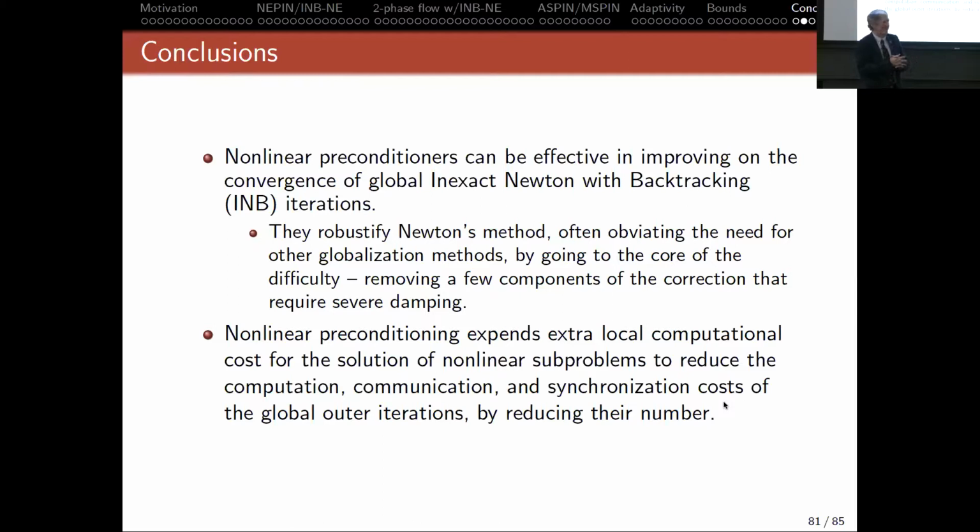Thank you. Yeah. Okay. So we are already over time, but let's take one question from the chat. Yeah. So is the method somehow equivalent to a fixed point iteration on the splitting systems?